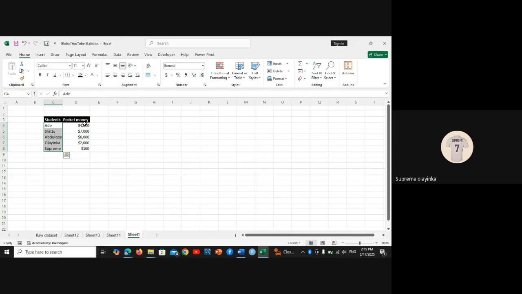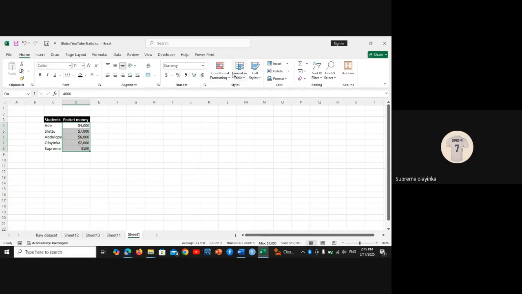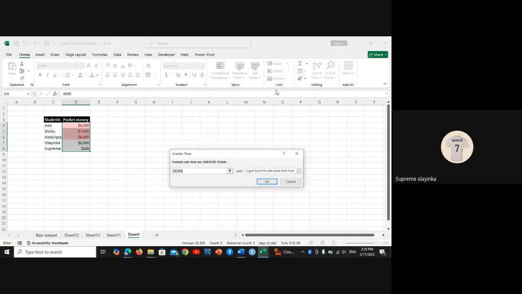But now today I want it on this particular column, particular range of cells, and that's why I'm clicking this conditional formatting drop down because I want to apply the conditional format to this range of cells. I click on the drop down, then I have this one. So I want greater than 5,000. So let's see, if your pocket money is greater than 5,000, maybe it will be